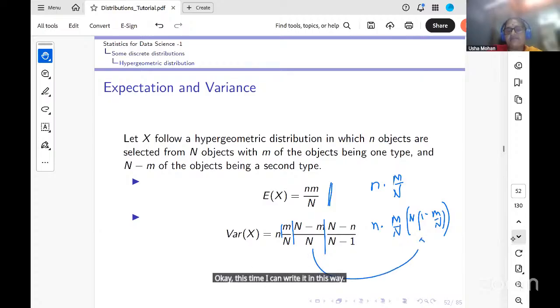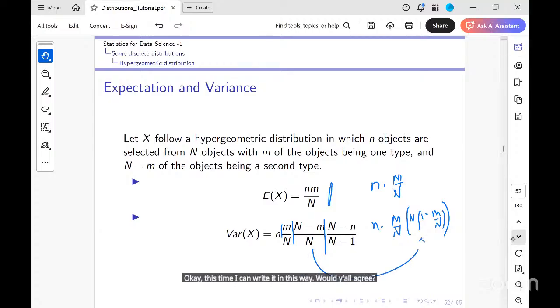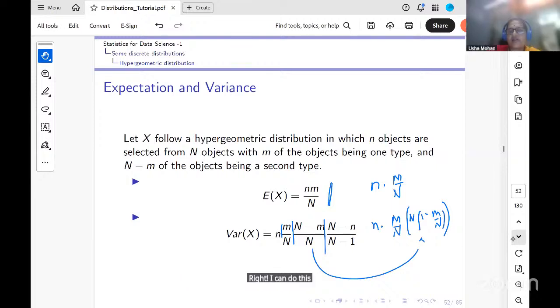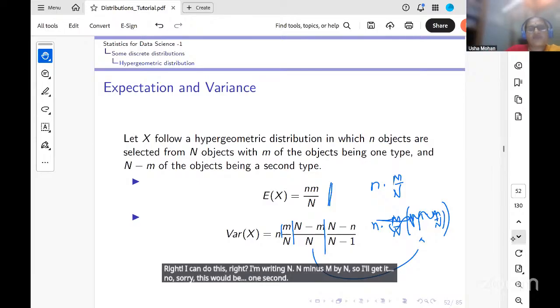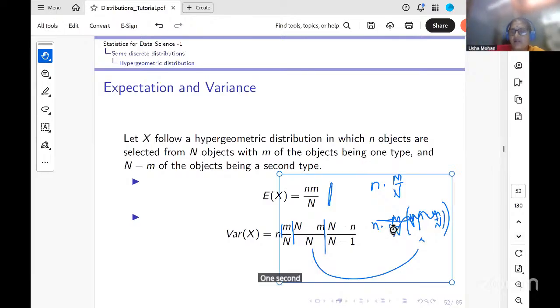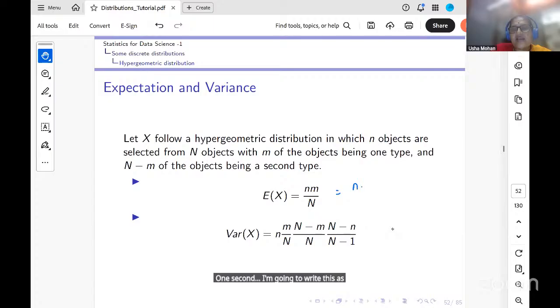Would you all agree? Yes, ma'am. I can do this, right? I'm writing N minus m by N. Sorry, this would be 1 minus m by N. I'm going to write this as n into m by N, and I'm going to take n outside. If I take n outside, I'm going to get 1 minus m by